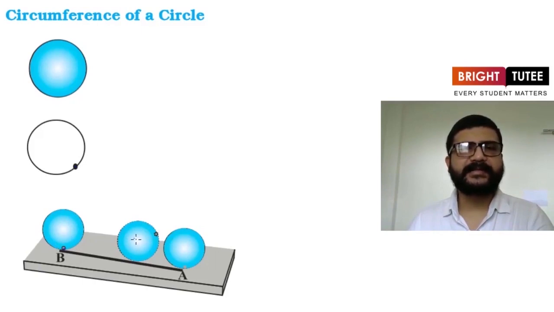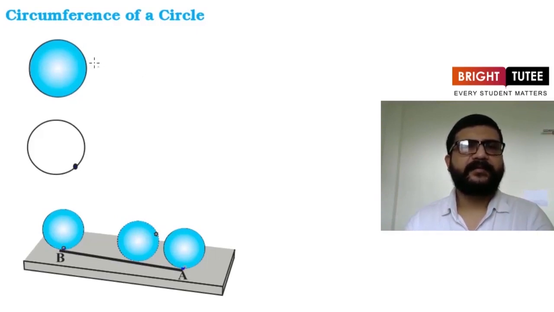So it will be rolled like this, and here at this point it is touching the table again. This marked point is touching the table again. So now we just have to find this distance BA. This is the distance around this circular region, and this distance is known as circumference of the circle. So this is how we can mark any point, and then rotate it along the table such that the point touches the table again, and then mark those points as B and A, and then we will find the distance BA or AB.